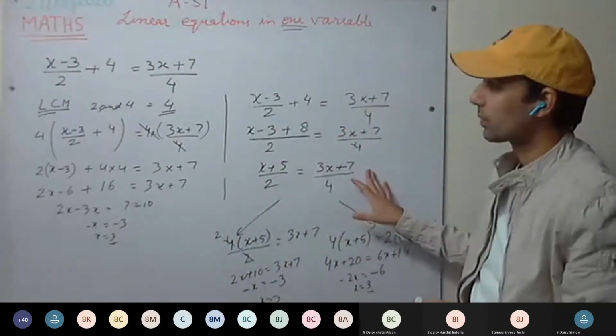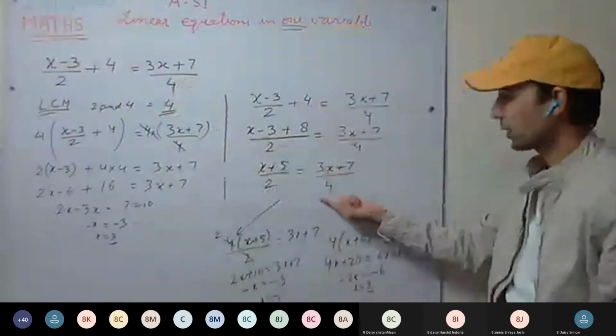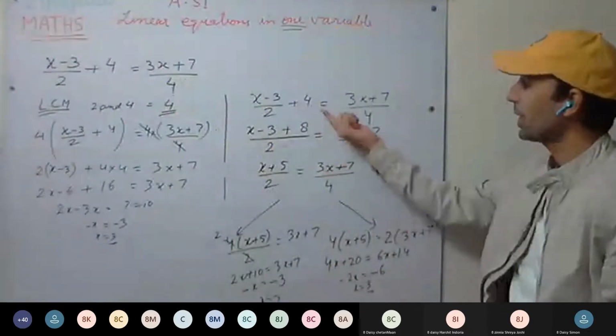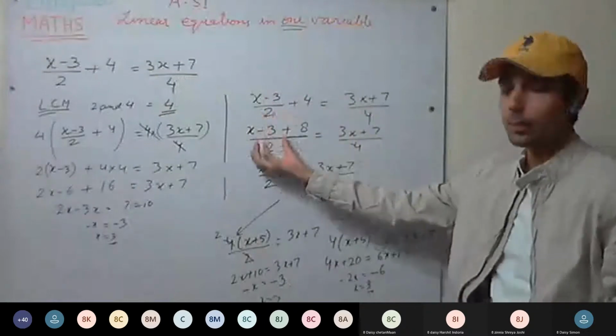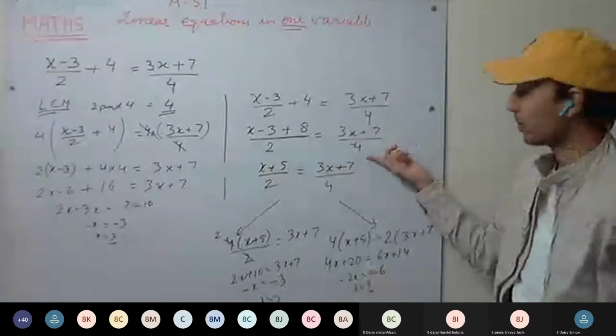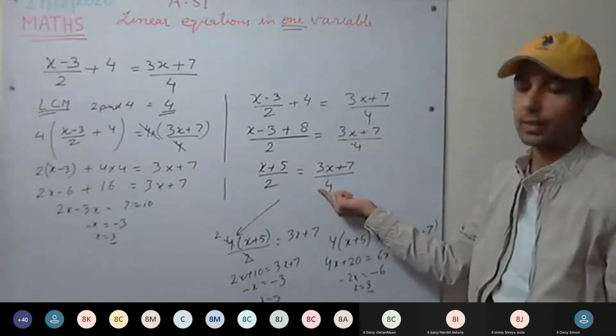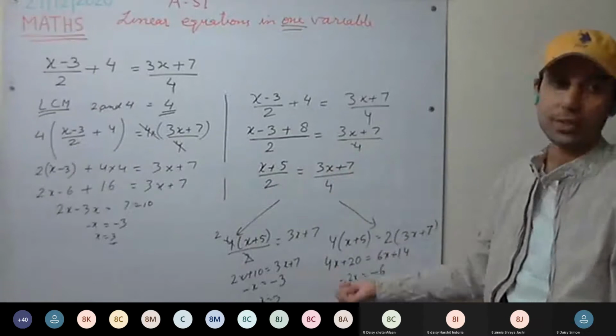Either first we take the LCM on both sides, then solve. Or you can solve this way. Mainly I prefer this way. Left hand side LCM we take, right hand side LCM we take, then we either cross multiply, or if they are common, we can cancel them. This is clear? Any method you can use.